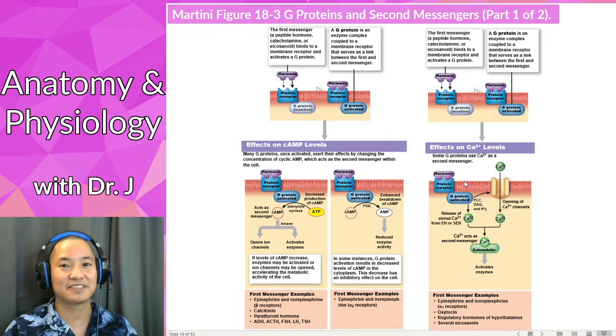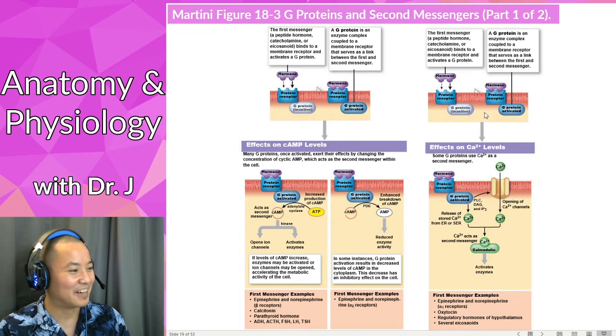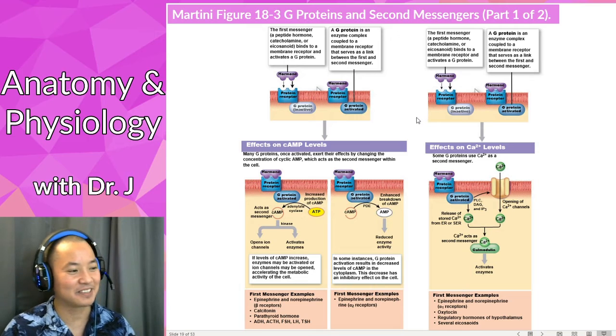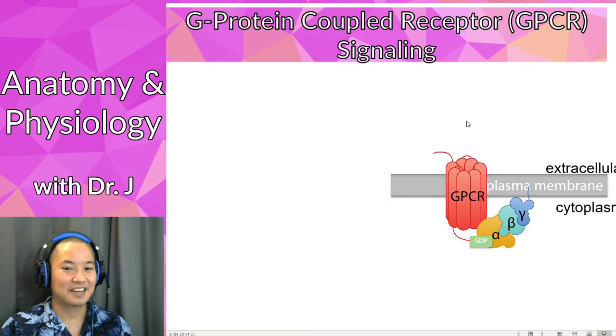Maybe for the 300 level class, you might have to go through the whole G protein coupled receptors. I think Bio 265 or 275, they also cover that. At least when I took it decades ago, a long time ago, when dinosaurs roamed the earth. But yes, you will learn it at some point. If you're a bio major, you'll definitely know it at one point. If you go to grad school, med school, you'll definitely know it at some point. But for now, just keep it simple.